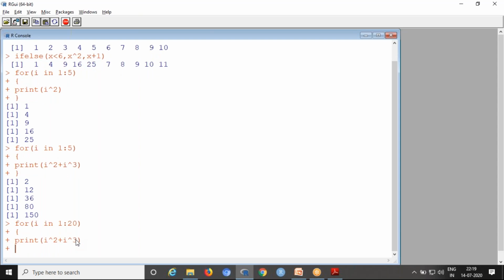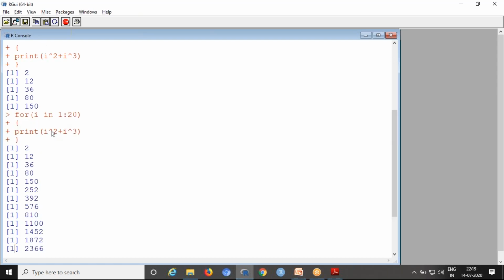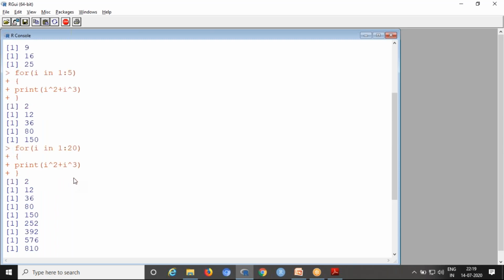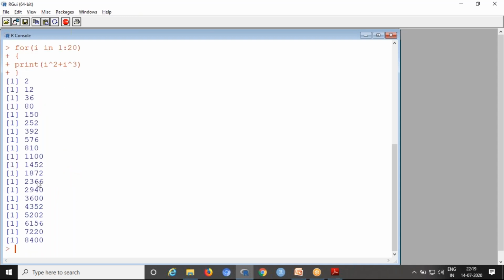Close the print statement, then close the for loop. Now you can see, we start with 1: 1 power 2 plus 1 power 3, 2. Then I equal to 2: 2 power 2 plus 2 power 3. And so on. I equal to 20: 20 power 2 plus 20 power 3. So we'll get 8400 for larger values.